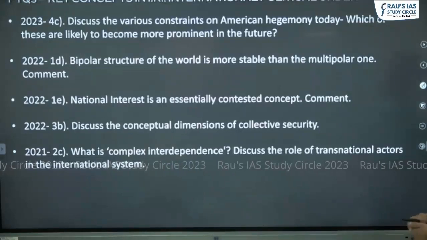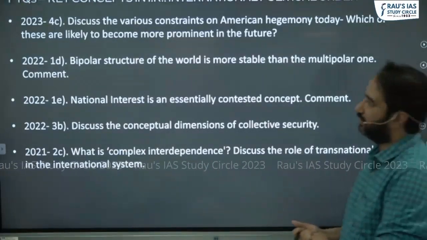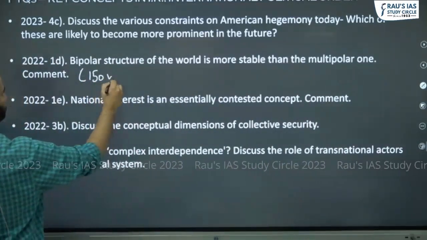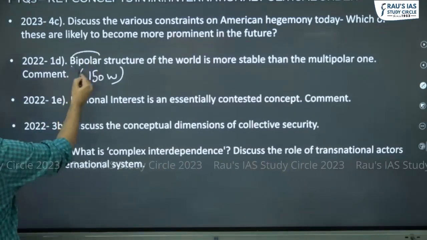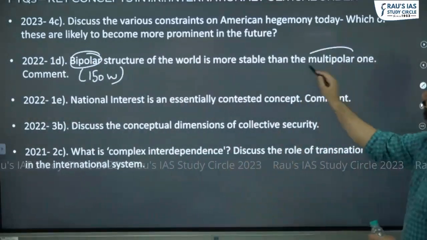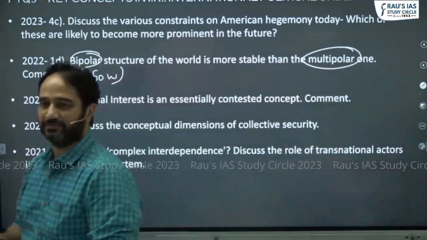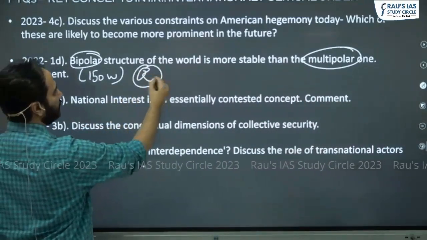Bipolar structure of the world is more stable than a multipolar world. 1D. Therefore, it is 150 words. How would you start the answer? So define what is bipolarity, then define what is multipolarity. Who has said this? Bipolar worlds are more stable. Realist. So bring in the realist argument, whereby